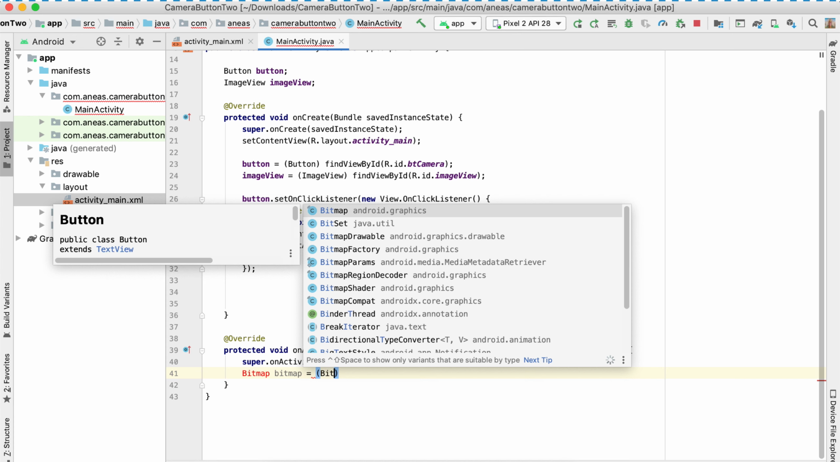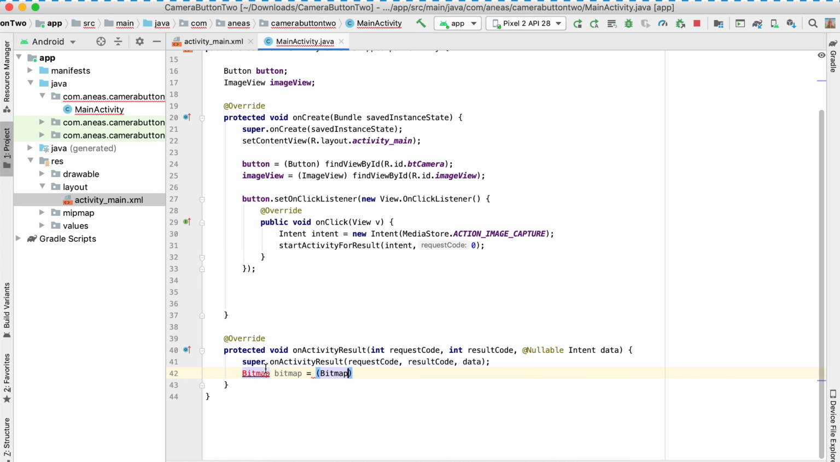for love, bitmap. Excuse me, bitmap. Bitmap. So hold on, this thing's starting to